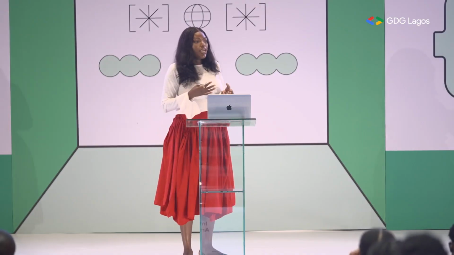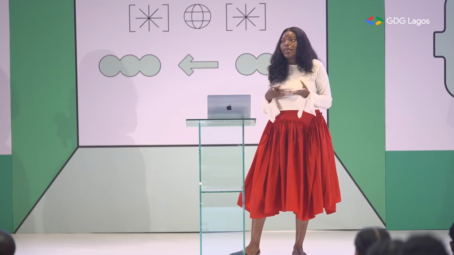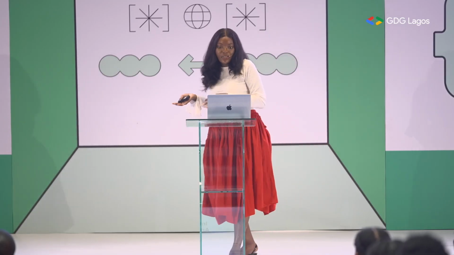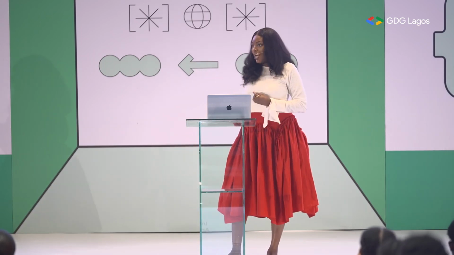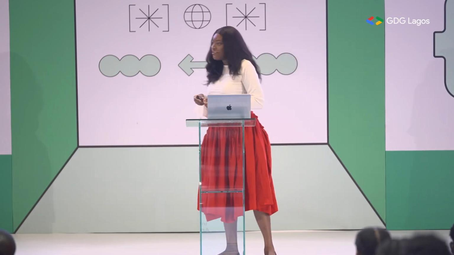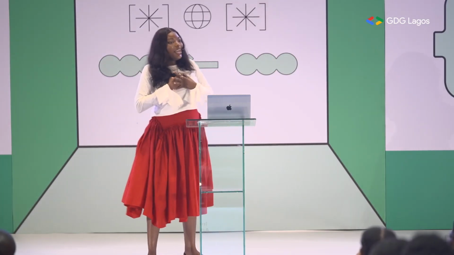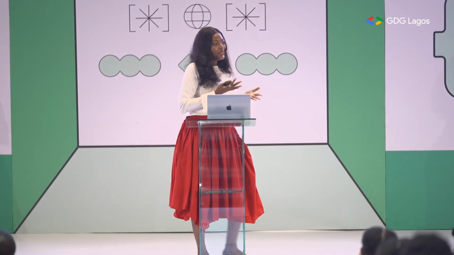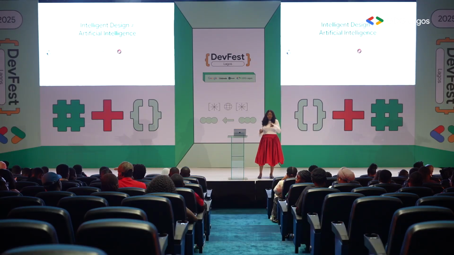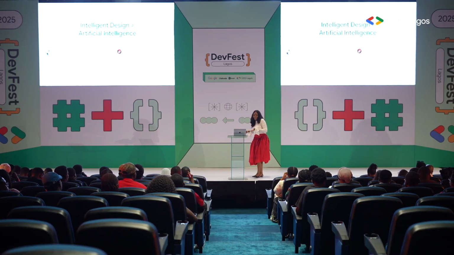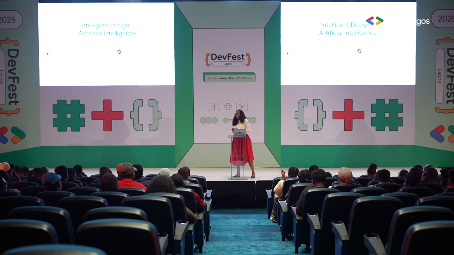Some of us have used chatbots that feel like we are talking to a brick wall. We're asking question A, they are telling us question B. Some even misinterpret prompts. And some of us have used apps that are like, oh, this app is made out of my heart. It gets me. And when you consider these two factors, you would notice that those apps that you feel like they get you, most of them don't use AI. Am I right? It's just basic stuff.